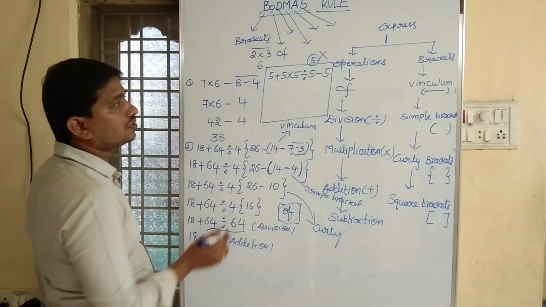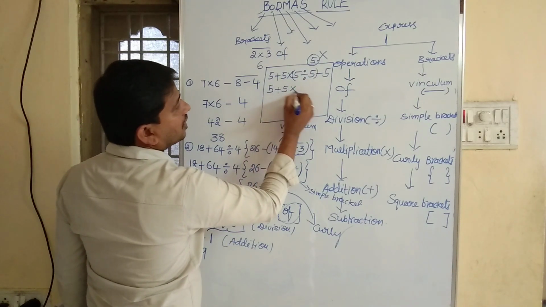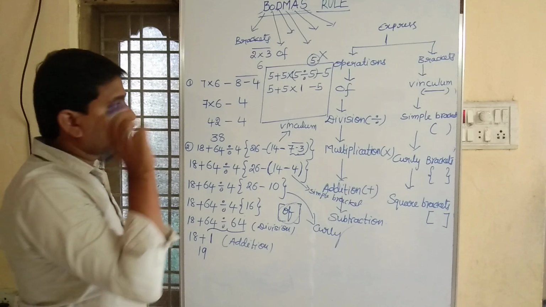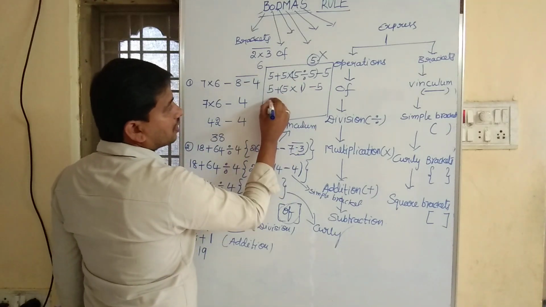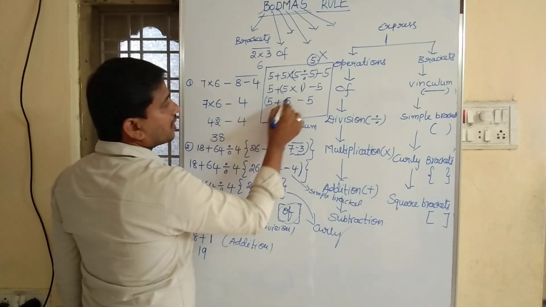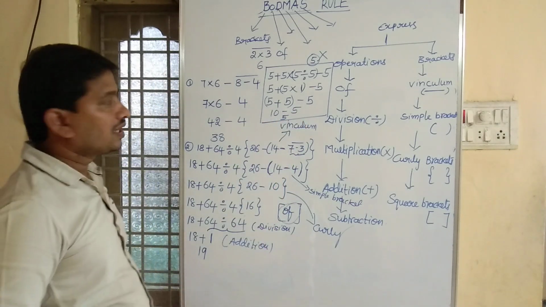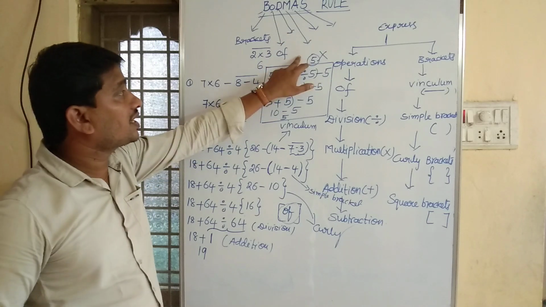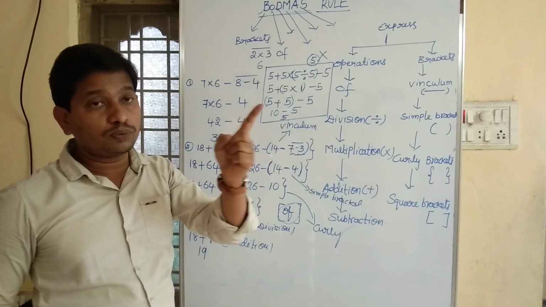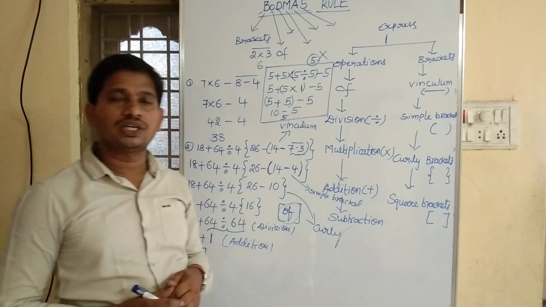Here the first priority goes to this 5 divided by 5, children. 5 plus 5 into 5 divided by 5 is 1, minus 5, children. Then the next priority goes to 5 into 1. 5 plus 5, 1 5s are 5, minus 5, children. Then the next priority goes to 5 plus 5, that is 10. 10 minus 5 is 5, children. This answer is also correct, but the hierarchy of operations should be followed when we are solving arithmetic expressions. So here we got the answer 5, children.